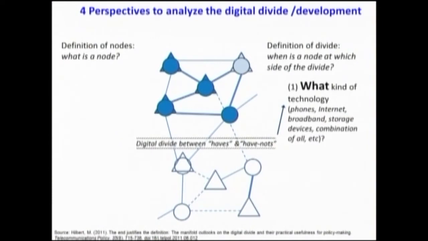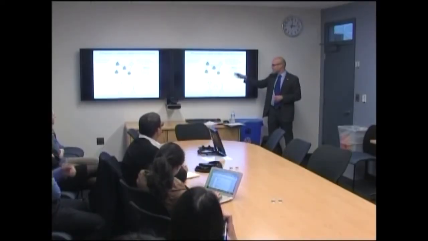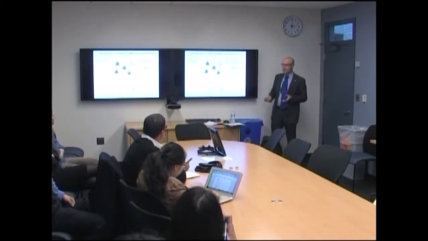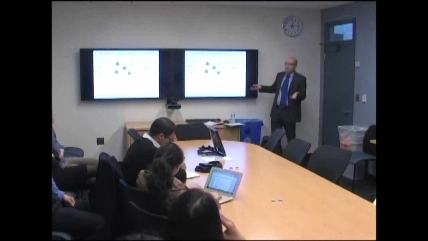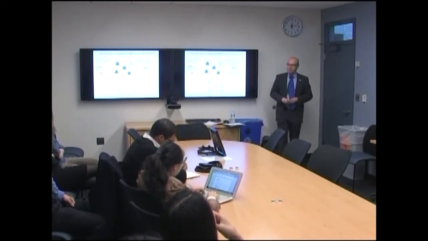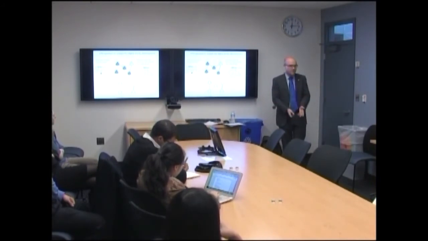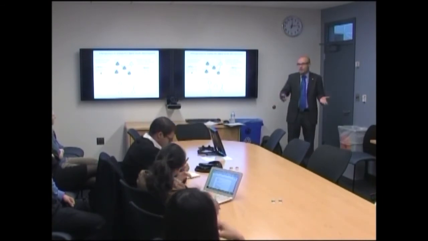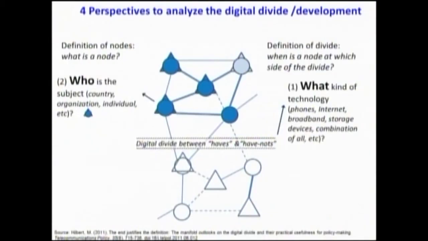Do you have a phone? Do you have internet? Do you have television? Do you have broadband? Do you have mobile broadband? What makes it that I say you are on this side of the divide, not on that side, right? Second of all, I can have, who is the node? Well, that's arbitrarily defined by the modeler, by the researcher. The node can be a country, it can be an individual, it can be a school, it can be a hospital, it can be a company, it can be whatever you want to,